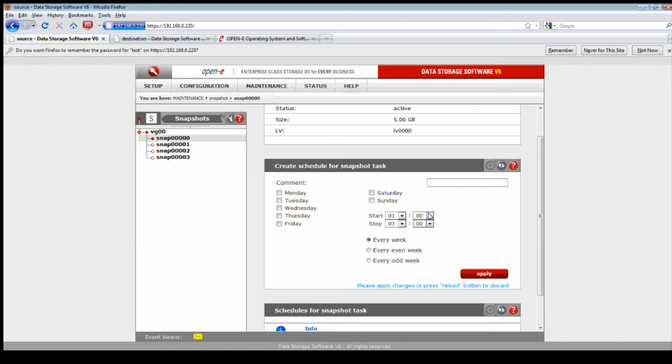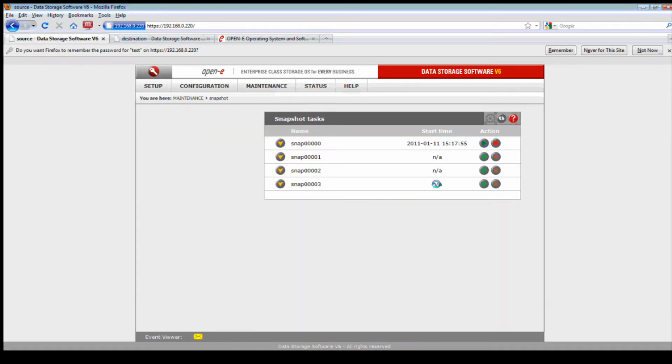We'll give it a second and we should see a start time. Now you can create scheduled times for these. If you look here, we can go in, we can do weekly or intervals, and we'll go ahead and look at our snapshots. So here you can set up your time schedules for weekly. When you don't have a stop time, that means every 24 hours it's going to start off the snapshot.